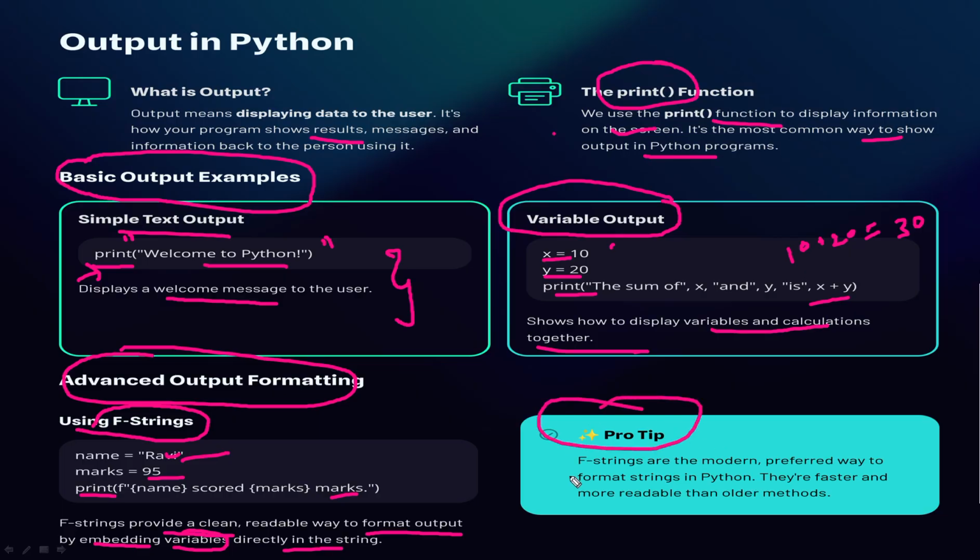The pro tip is f strings are modern. Presently, in modern days we are using f strings. Earlier there were no f strings. We were using only string commands, string operators in Python. Now in modern days we are using f strings. It is the preferred way to format strings in Python. These are faster and more readable than older methods. Compared to the older methods we were using, f strings are much faster and more readable than